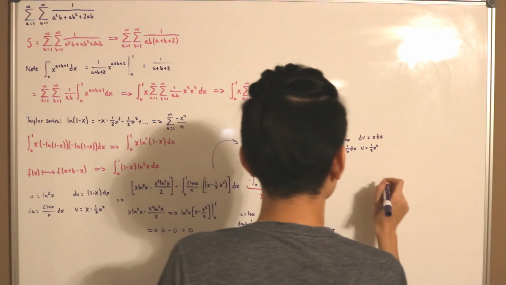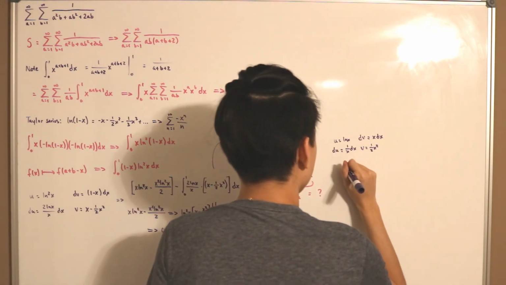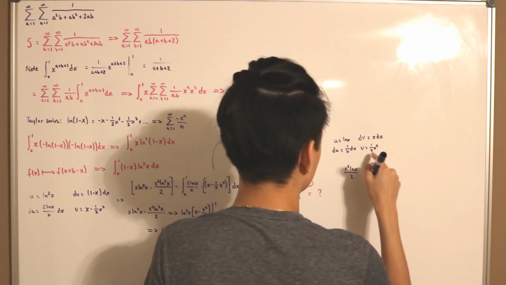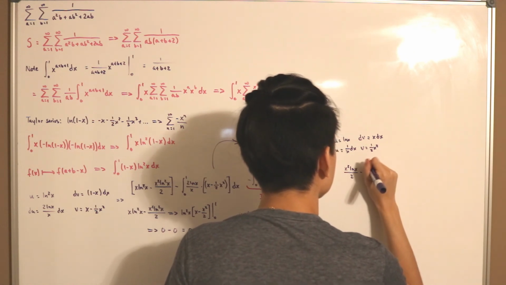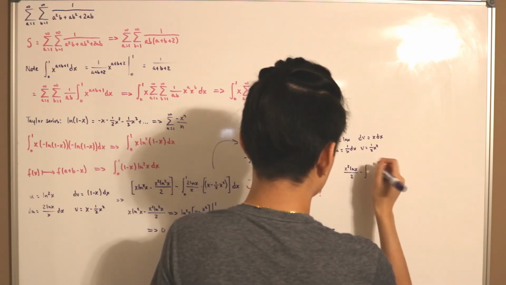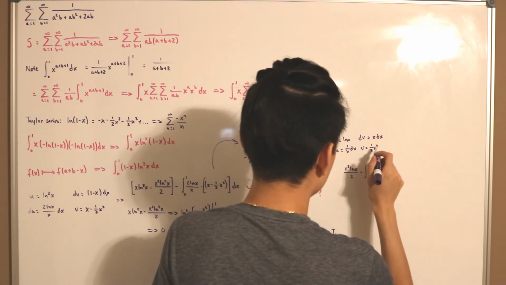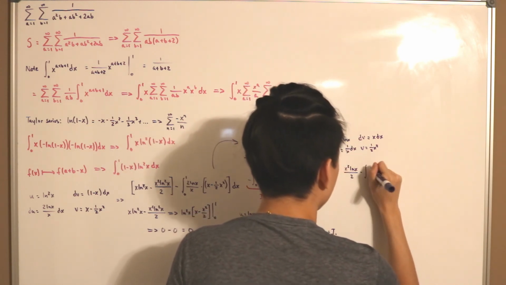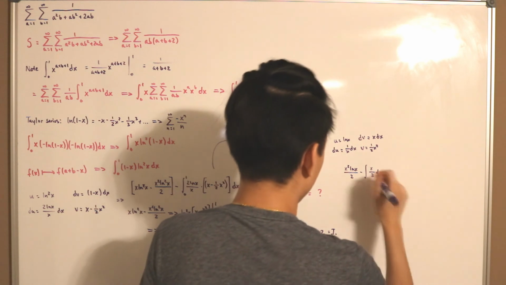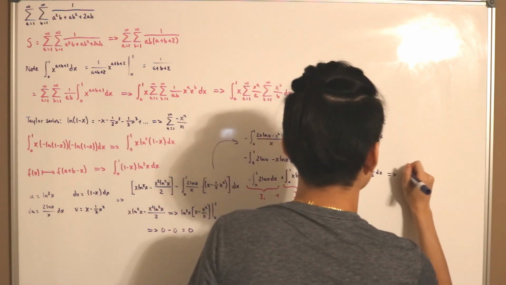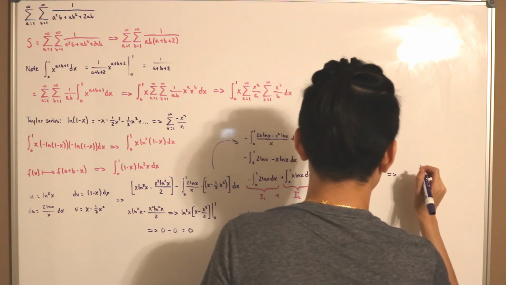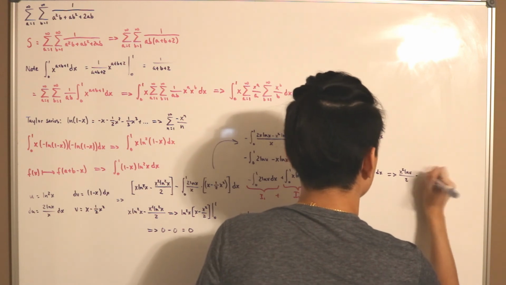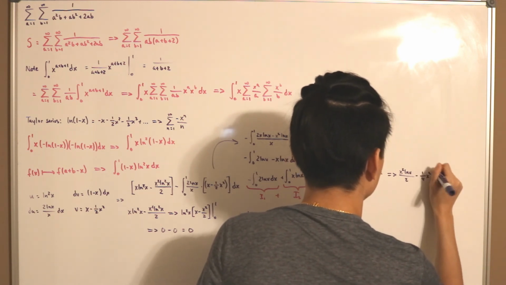And then combine everything together, so we get x squared ln of x divided by 2, and then minus the integral of x squared divided by x, so that's just x on the numerator, divided by 2 dx, okay? And it's pretty simple to see that this piece is just 1 over 4 times x squared. So x squared ln of x over 2 minus 1 over 4 x squared, evaluated from 0